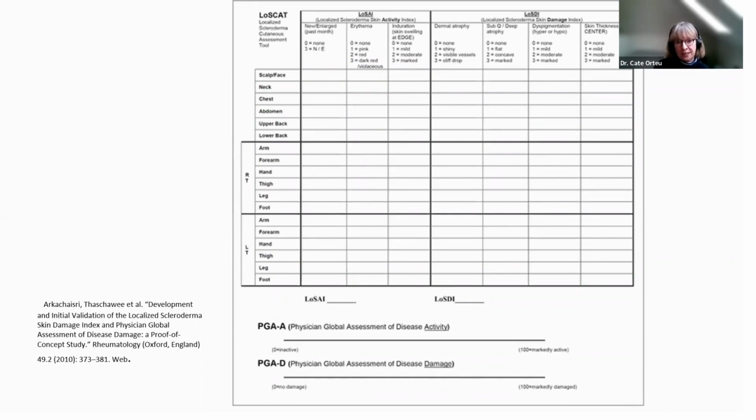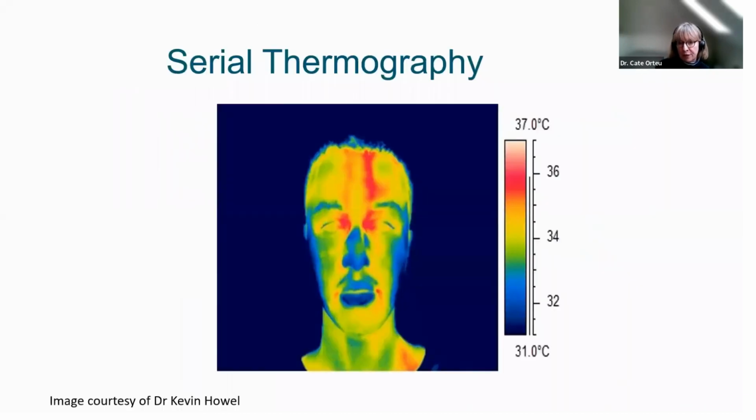And the development of that by Cate Orteu's group was really pivotal in our ability to assess outcomes of treatment in patients with morphea. We can do serial thermography, which can be helpful, but is not a perfect tool. This is a chap with linear morphea involving the paramedian forehead, and you can see that it is hotter and redder at the site, and that can reflect inflammation. Sometimes it also just reflects atrophy and tissue loss, so the heat from the vessels is more easily able to come to the skin surface. So it's a little bit difficult to interpret,